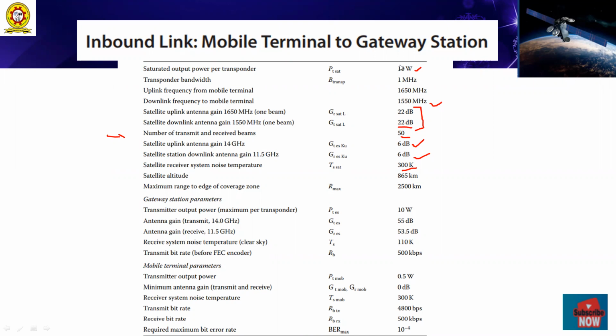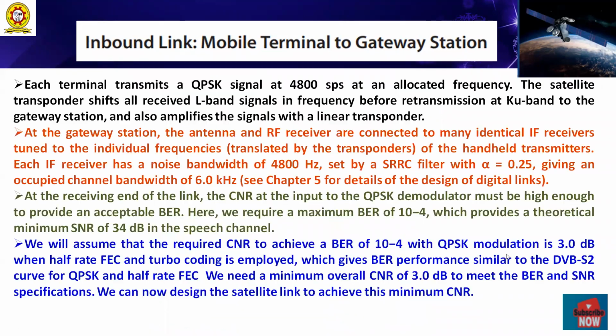The individual mobile terminals try to pull off their assigned packets within the TDM stream, so that we make the initial analysis without forward error correction. Let us see how this inbound link is used from the mobile terminal to the gateway station. This literature will help us understand the significance of the inbound link in link design issues.